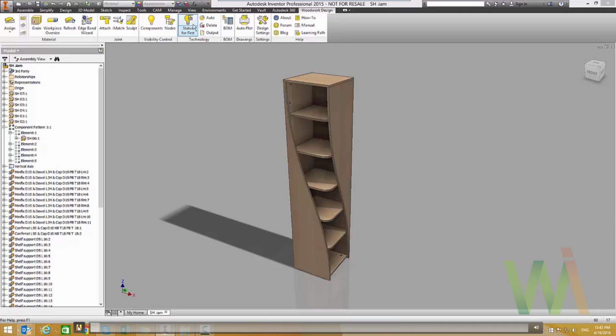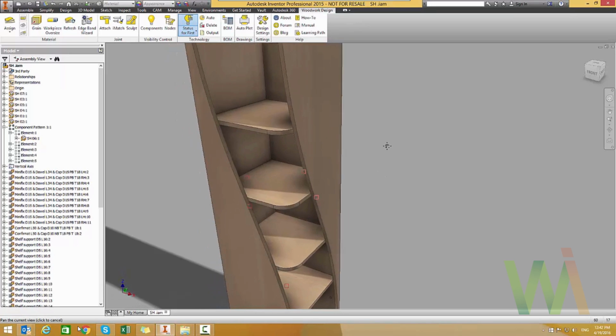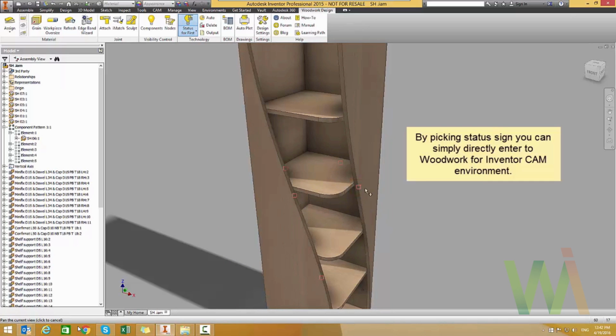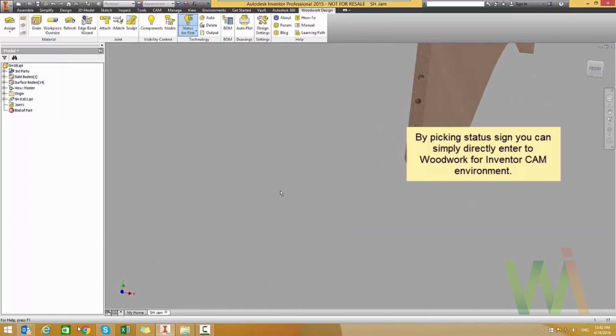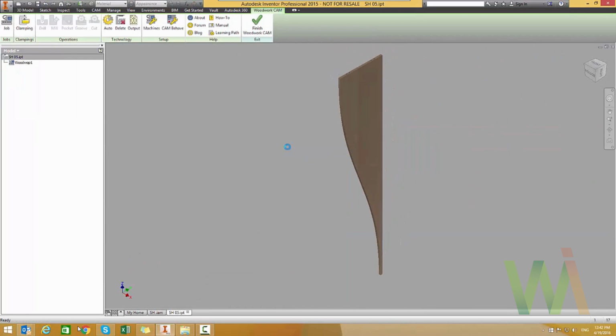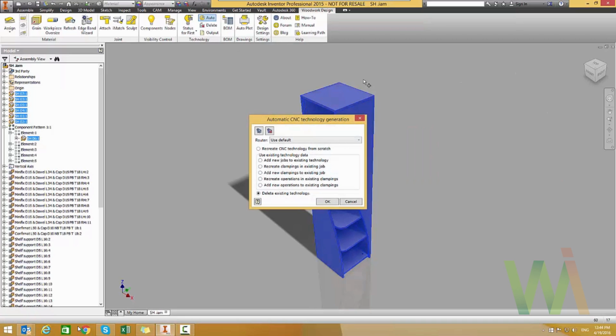So we have an assembly, and there is a tool named status for the first part. As you can see, those small indicators show that the part has no technology at the moment. This red rectangle shows you that there is no CAM technology. And now we can create an auto technology for all the parts